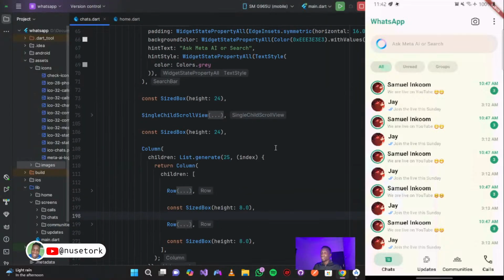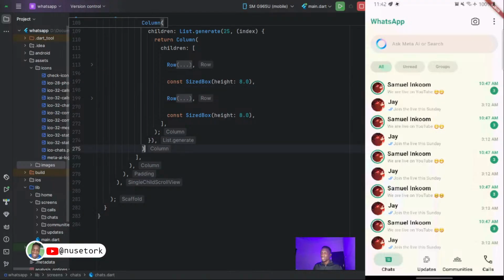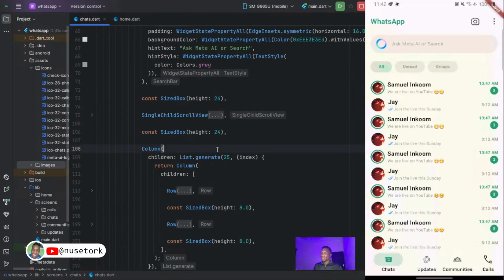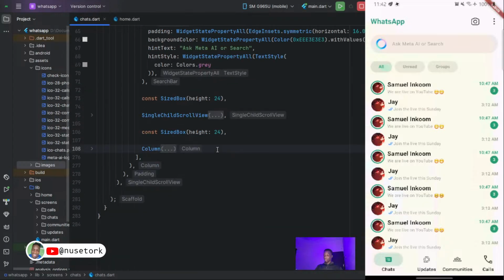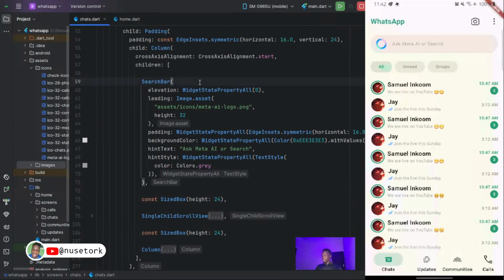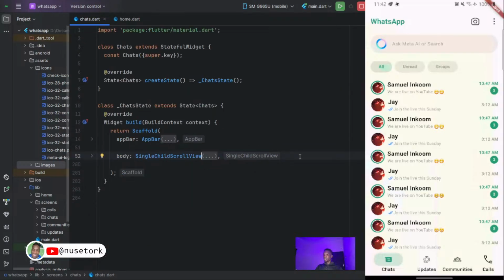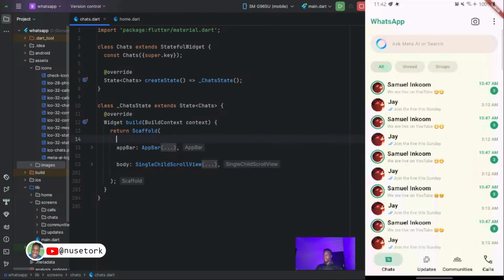So let's say we are done with our messages. We've designed the messages. We are done with the messages. The next thing to do here is to design the floating button, which is a property in scaffold. So we'll just call that,